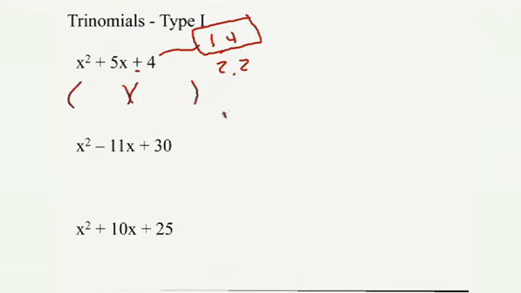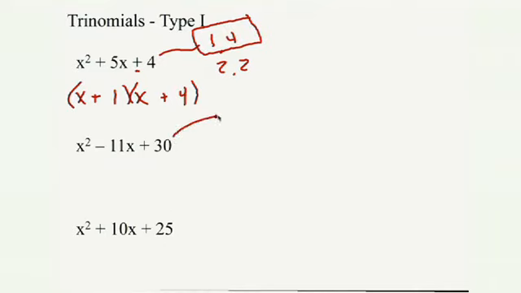Now, from here, put down 2 sets of parentheses. The factors of x squared are only x and x, and they go in the first position of both parentheses. The 1 and 4, you can use any order that you like, 4, 1, or 1 and 4. The bottom line is we are adding to get 5, and we want a positive 5. So if you recall your addition rules, in order to add, signs have to be the same. So if we want a positive 5, that's how we're going to obtain it here. That's right. And believe it or not, that's the answer. That is it. If you understand how to connect the last number to the middle number, these actually can be factored pretty quickly. Yes. Okay, let's look at the next one.